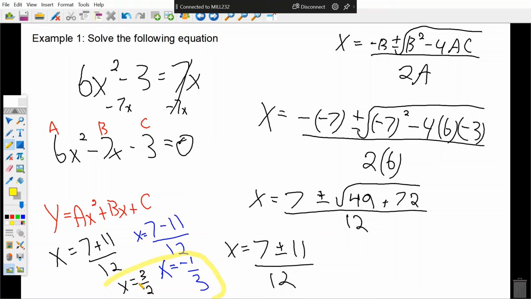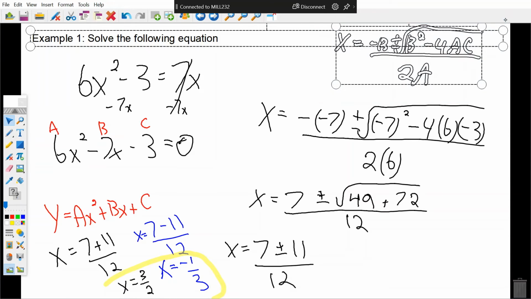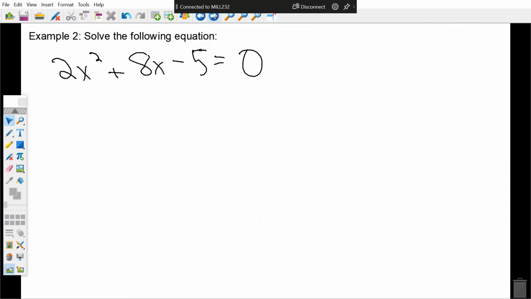Let's try another one. Okay? I'm just going to copy this equation. Try anyways. It's probably not going to work. Okay. 2x squared plus 8x minus 5. Okay, so I'll write down the equation for you. I'd like you to try this one